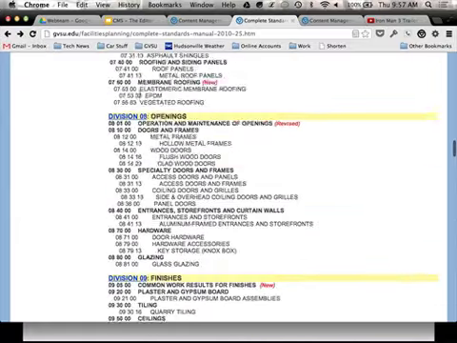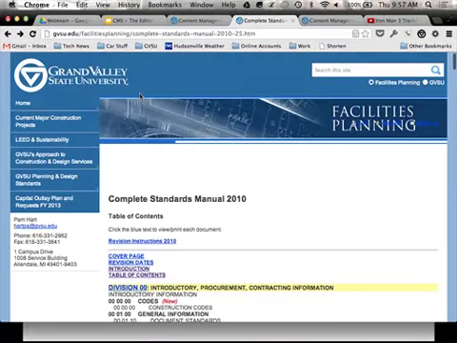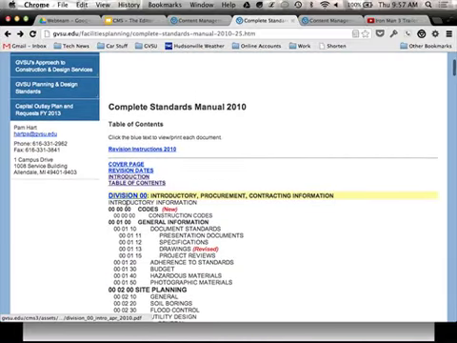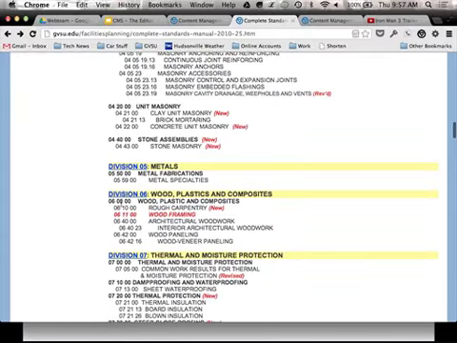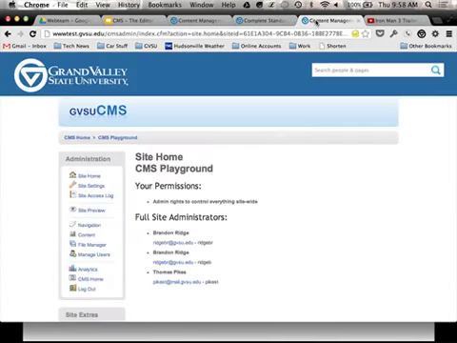But something that you could do that would be fairly easy is kind of like you have here, you have these links. Well, now you have all the divisions. You could use that anchor tag like I was talking about and list out your division 0, 1, 2, and then they could click it and it would drop them down. So they wouldn't have to scroll down to find division 10. They could just click the tag and it would take them down to division 10. So we can show you how to do that quick. So what you would do,